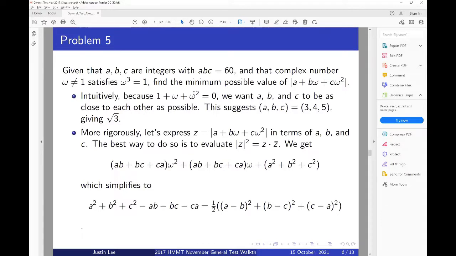Using that omega cubed is equal to 1, we'll get a quadratic in terms of omega. And the expression we actually get is this: (AB plus BC plus CA) omega squared plus (AB plus BC plus CA) omega plus A squared plus B squared plus C squared. Which you can subtract out your AB plus BC plus CA from each coefficient, and you'll get our expression, this here,